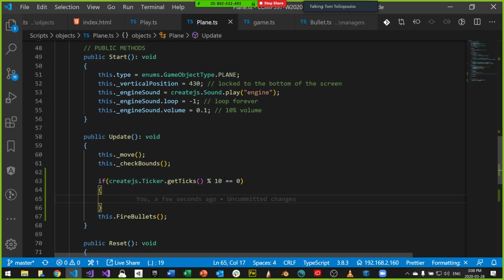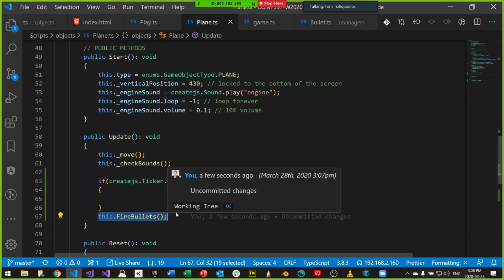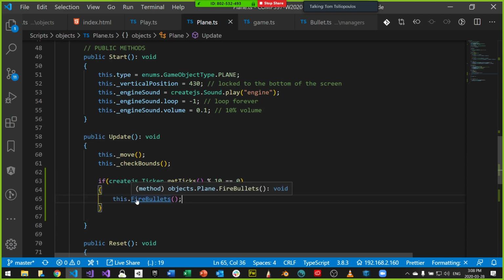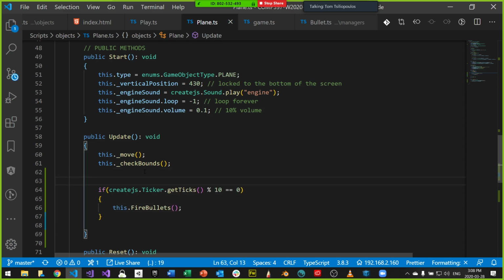We divide that number by 10. Every 10th frame, when you can divide the frames evenly by 10, it'll give you a 0 remainder. When the remainder is 0, then you want to be able to fire bullets. So every 10 frames, we want to fire bullets. That's what this does.